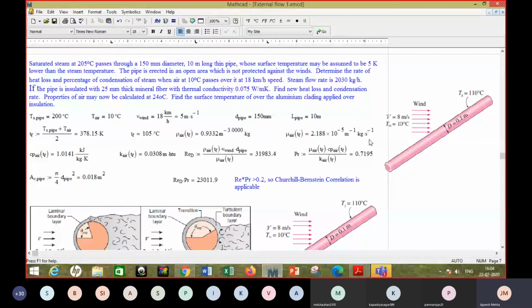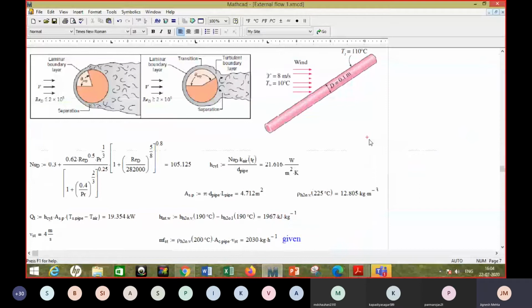With that, you get the heat transfer coefficient, whose value is equal to 21.616 watt per meter square Kelvin. It is meter square Kelvin. Okay. So this is also not a very high heat transfer coefficient actually. Right? It is in double digits. In one of the examples, we got it just in single digit. This is in double digits